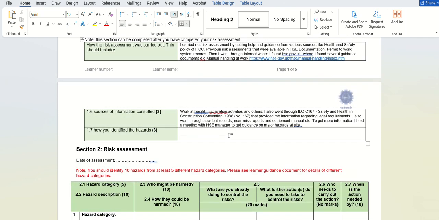Now the next section is easy: how you identified the hazard. Here you can mention interviews, meetings, everything that you do, as that is a source of information. Now we'll go to how you identified the hazard. After identifying sources of information,